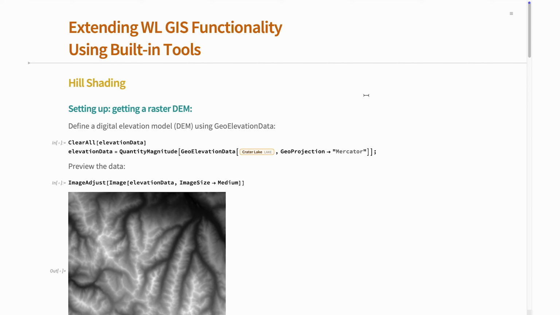In the last few examples, I focused on extending functionality through external services, but you can also build up some very powerful functionality from built-in functions and symbols. So I'm going to show a few examples, but I'm not going to focus too much on the detail of the implementations. The lesson here is really that the language offers many built-in objects to simplify the process of building complex functions. So one thing that you might like to do, which is a common task in GIS, is produce